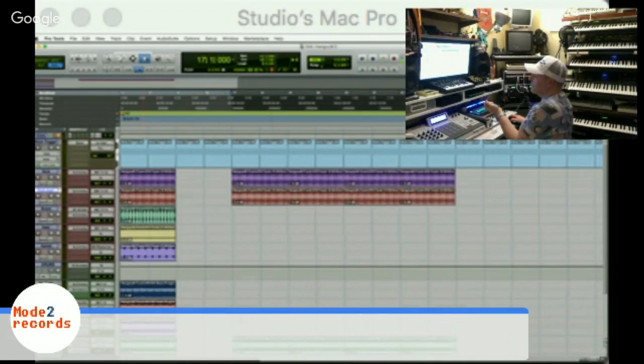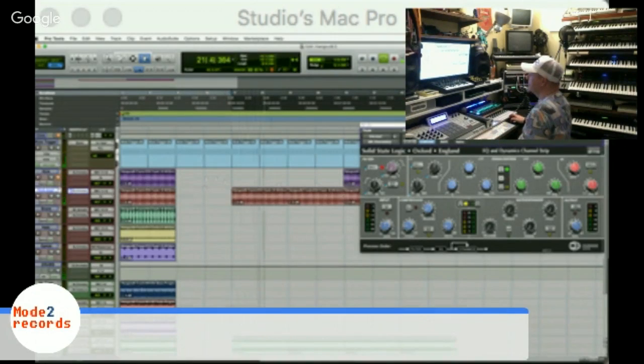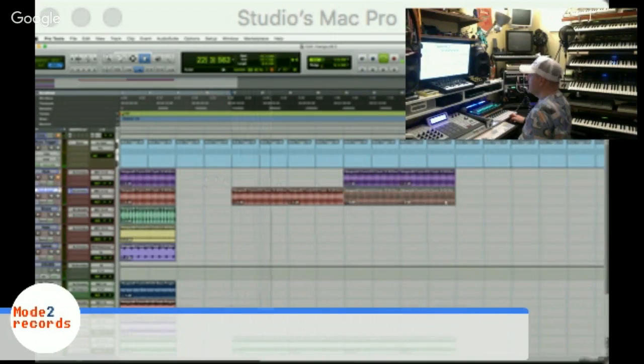What I tend to do is I will just put a filter on it so that it actually starts it off with a kick drum, but it's filtered,